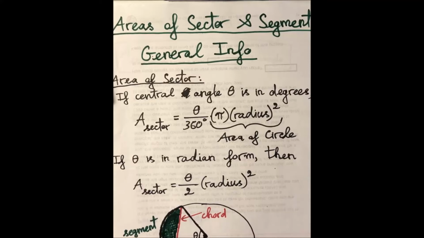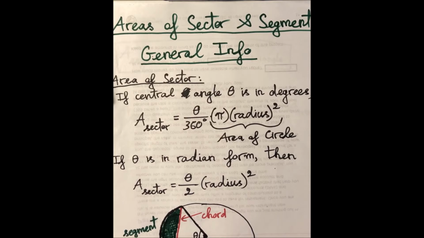In this video, I want to talk about the general information of the areas of sector and segment, just so that we can have a little bit of understanding of it. If the central angle denoted by theta is in degrees form, then the formula for the area of a sector, capital A sub s, is equal to the central angle theta divided by 360 degrees, which is the total degrees that you get when you go around a circle, multiplied by the area of a circle, which is pi times the